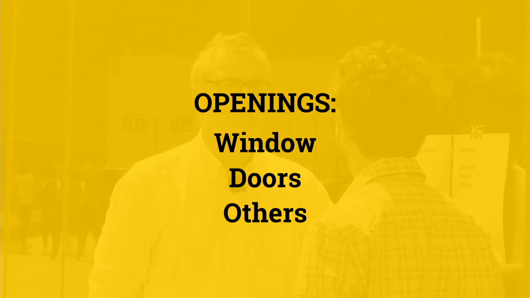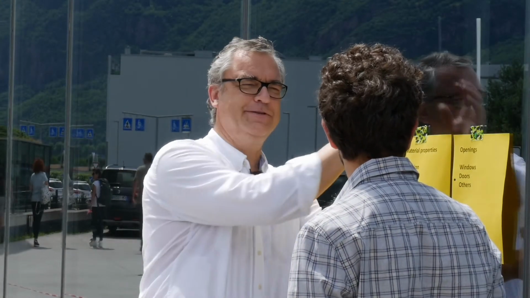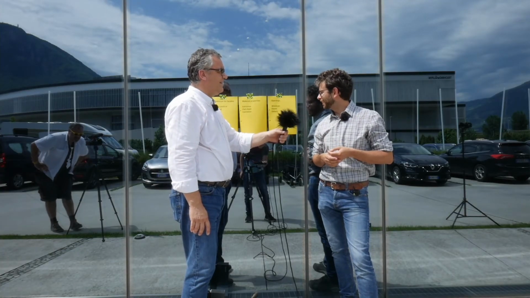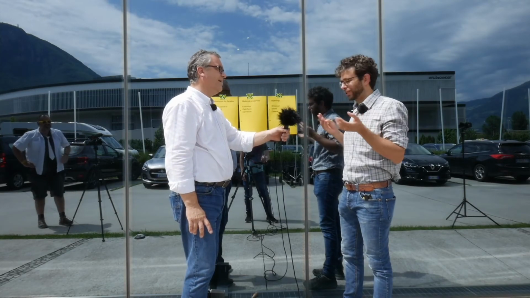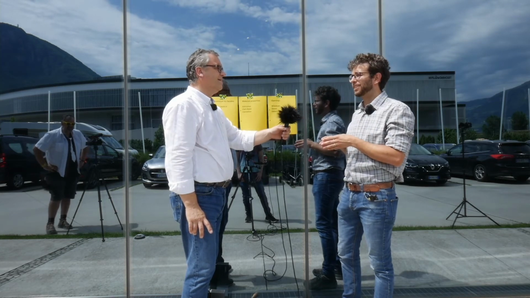Let's talk about the last field of activities: openings, windows, doors. How do we get windows and doors in there? Well, this is a kind of window. This is actually a fixed one, but you could plug in other kinds of profiles to get a really openable window, like a sash or just a normal window. And what is nice is that everything is designed carefully, and once you industrialize it, you assemble the system and can have what kind of openings you want, thanks to the extrusion shape. That is the key to having different kinds of openings inside such a system.